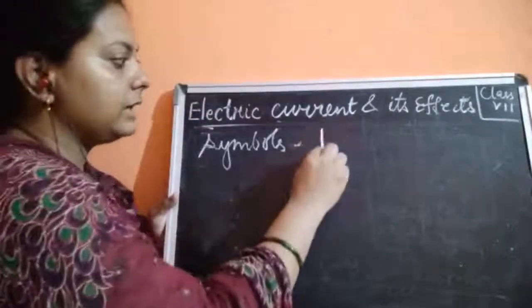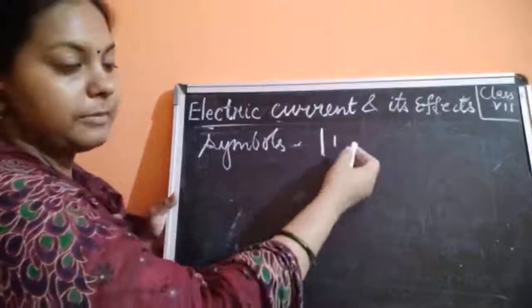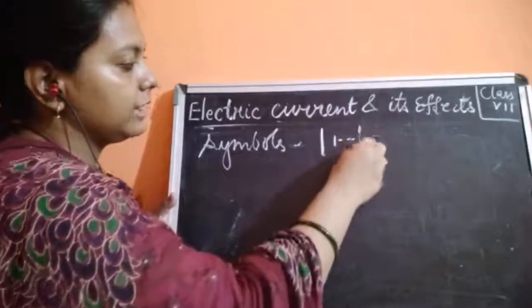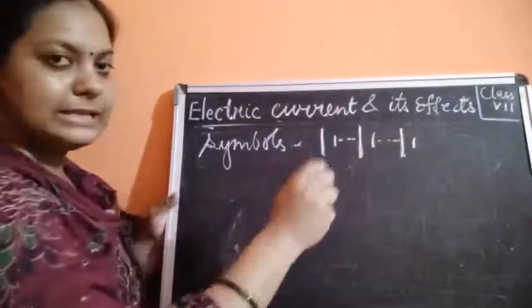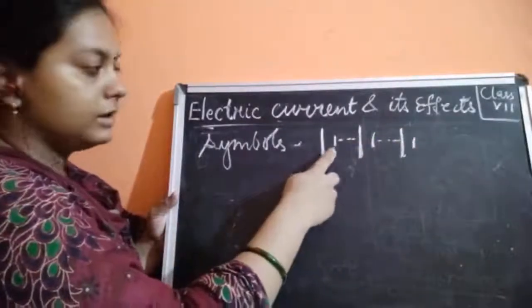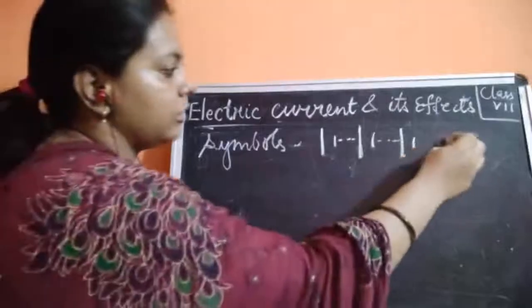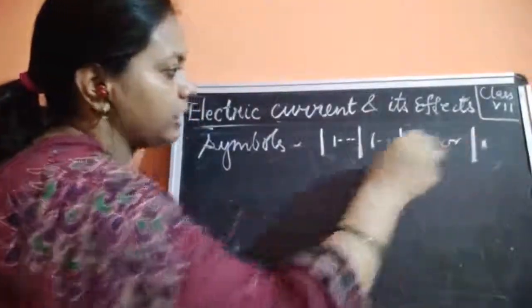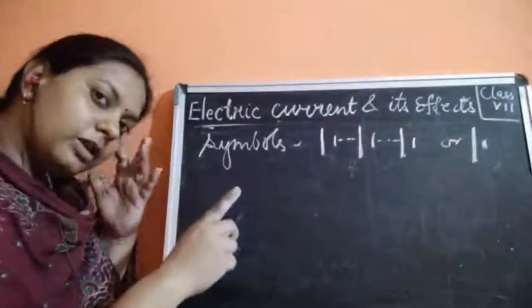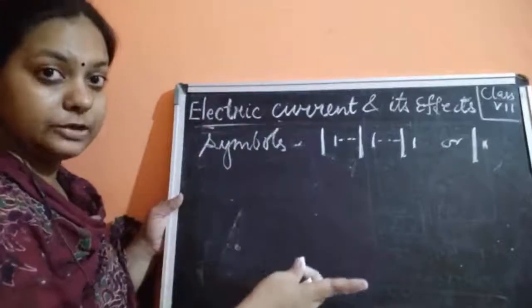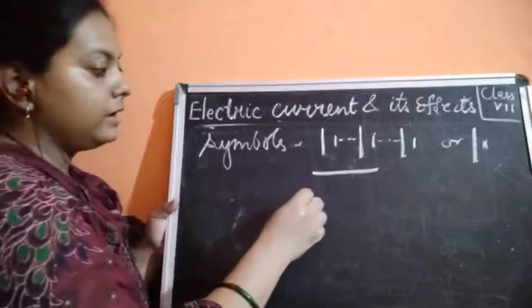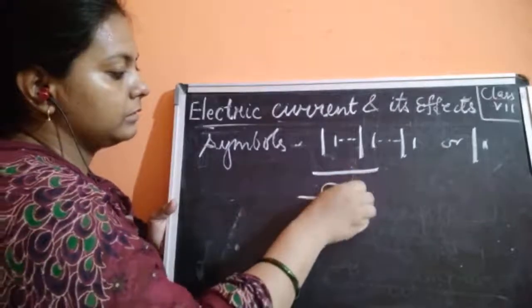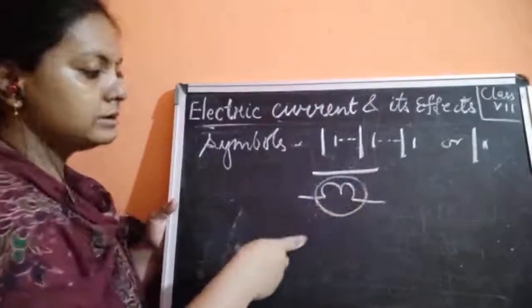So please remember that this is a cell. If you need to draw a battery, you need to draw like this. You could just combine as many cells as you can. A single one is a cell, a long line and a small line. And please remember that you will always draw a long line and a small line. Don't forget to draw the small line. Then a wire with a straight line, then a bulb, a circle with this.